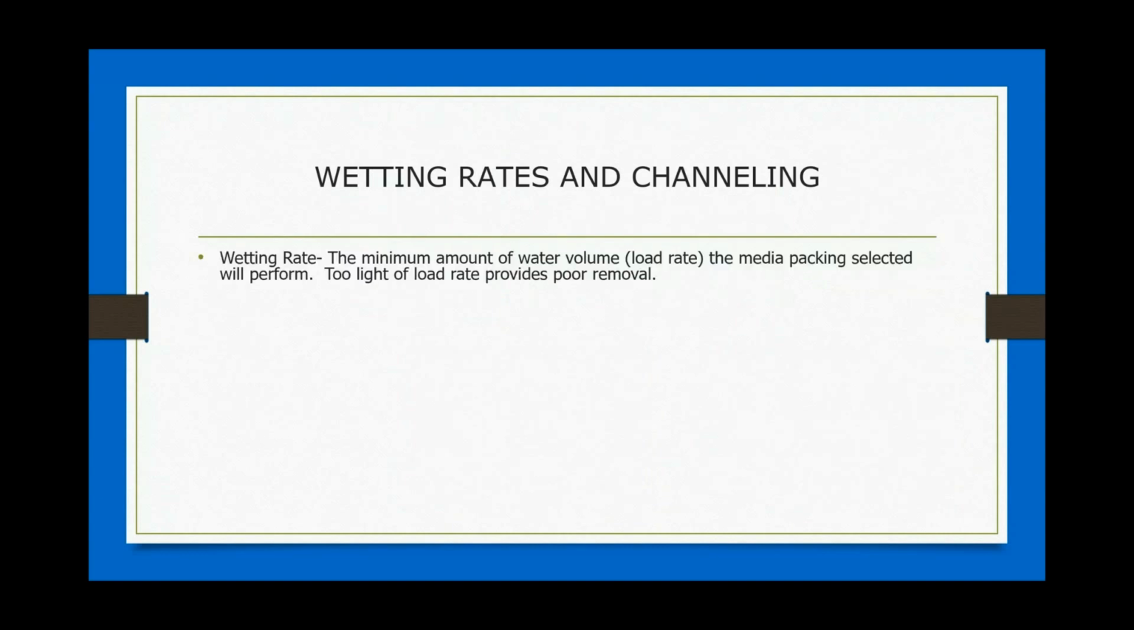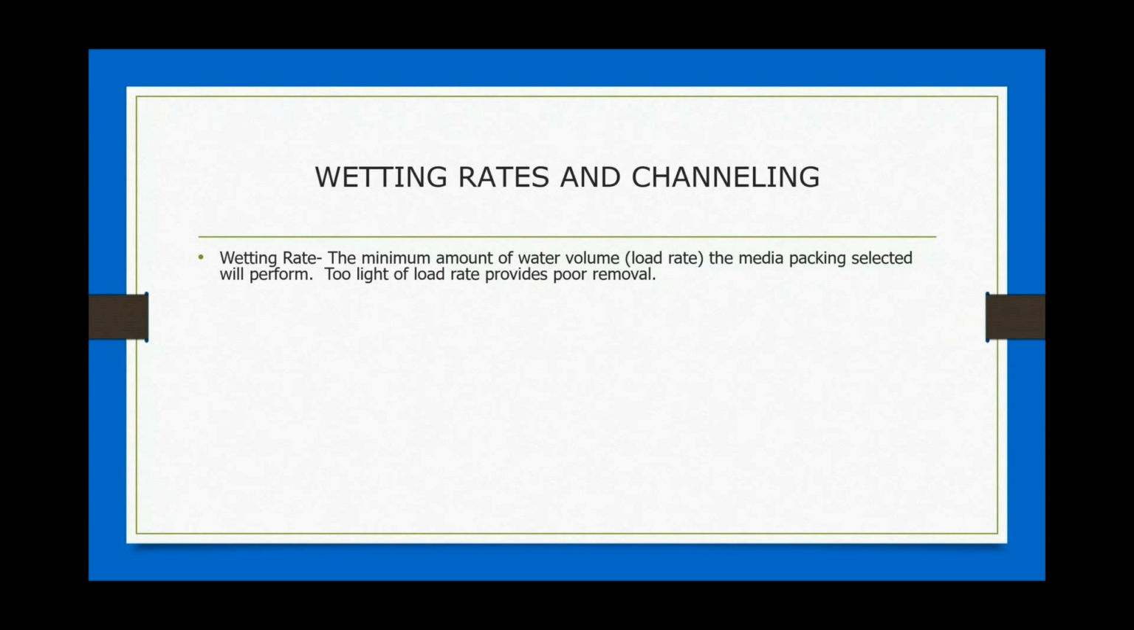So the wetting rate is critical. It is the minimum amount of water volume, or load rate, that the media packing selected will perform at. Too light a load rate provides poor removal efficiency. So if you go too light on a tower load rate, you'll actually go backwards and have a lower performance